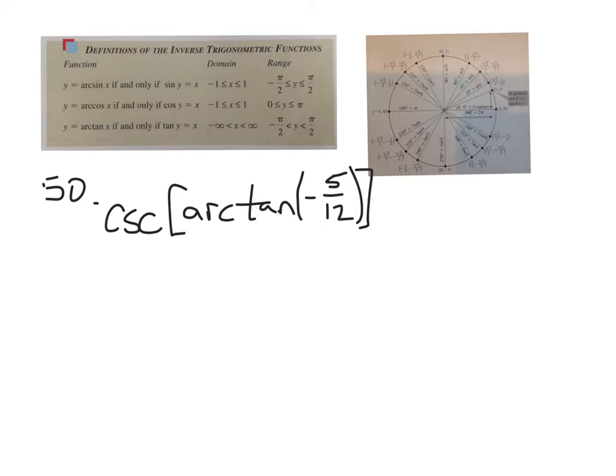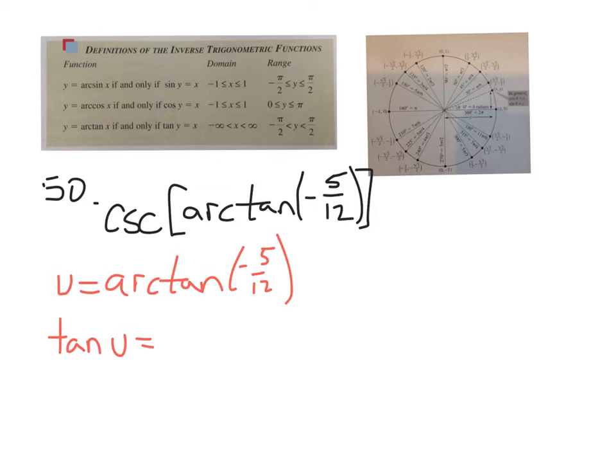Okay, so I'm going to draw my triangle a little bit differently when I get there. But first I'm going to just make this little substitution again. I'm going to say, well, let's say that u is the same as arctangent of negative 5 over 12. Okay, and so then we're going to use the inverse properties of tangent and arctangent. And what we're going to say is I'm going to take the tangent of the left side, so that's going to be tangent of u, and that's going to be the same as the tangent of